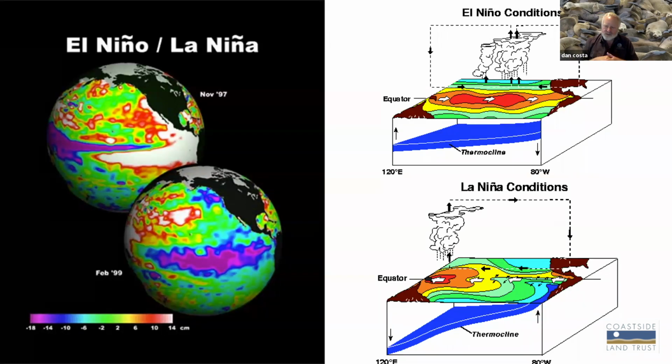So I did say that I was going to talk about climate and climate change in this talk. I've already given you a little bit of idea about how climate is important in terms of the comings and goings of these animals. I talked about Dall's, common dolphins and Pacific white-sided sort of sharing the habitat, but differentially in terms of the water conditions. One of the things that you've probably all heard about is the El Nino, La Nina, and what is that? And it affects us on land as well, because El Nino is when we tend to get a lot more wet